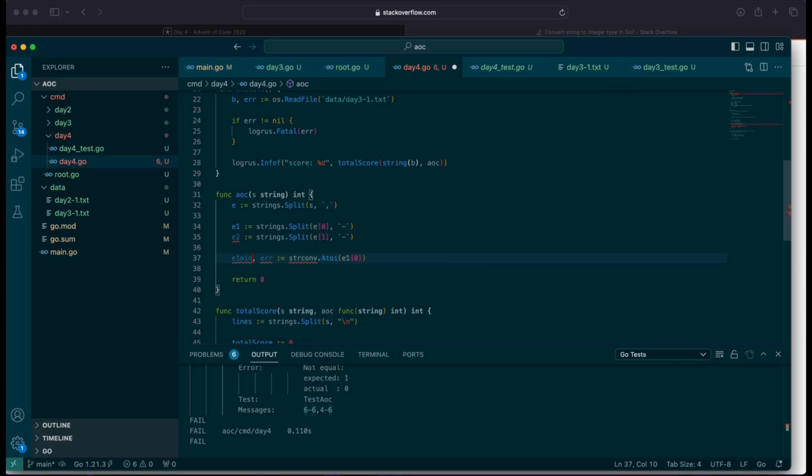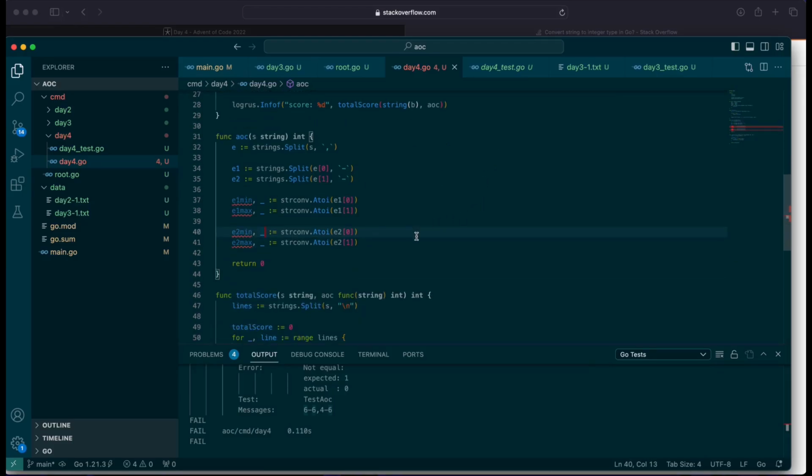So this is going to be E1 min, so elf1 min, and then max. And then we're going to do the same thing for E2. Also, I'm just going to swallow the error. I'm probably going to regret this later, but this is where Go has its downfalls. There's so much error handling that has to be done. All right, so we've got the min max,